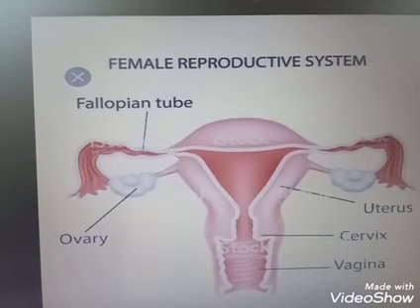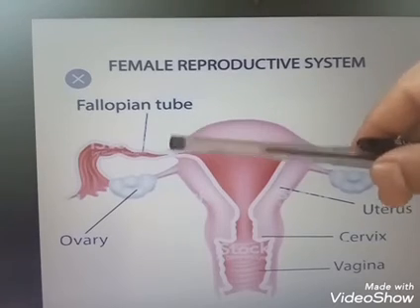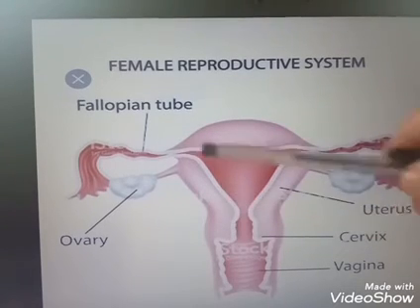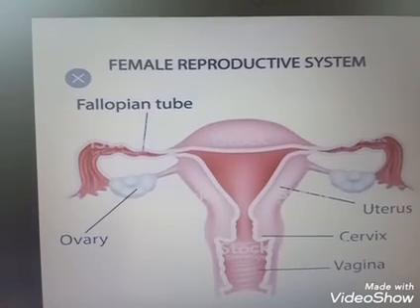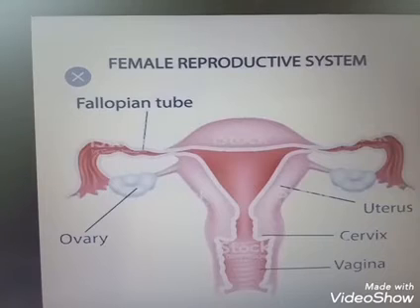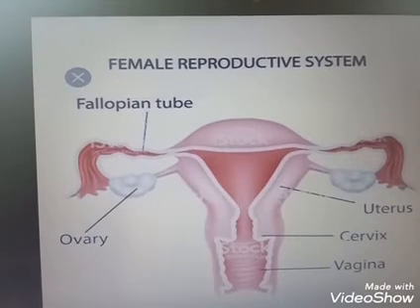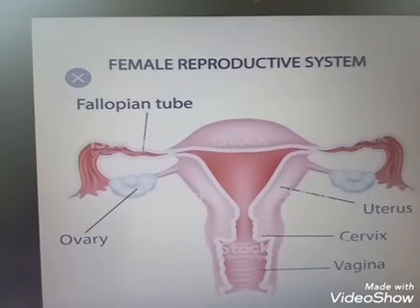The next is the uterine part, which passes through the uterine wall and communicates with the uterine cavity. So the fallopian tube is the female accessory duct. Female having only one accessory duct, but in case of male they are having 4 accessory ducts. The accessory duct is the oviduct or uterine duct or fallopian tube.